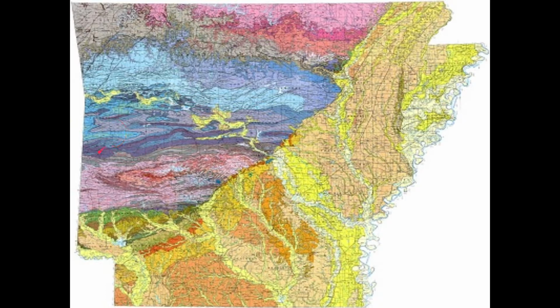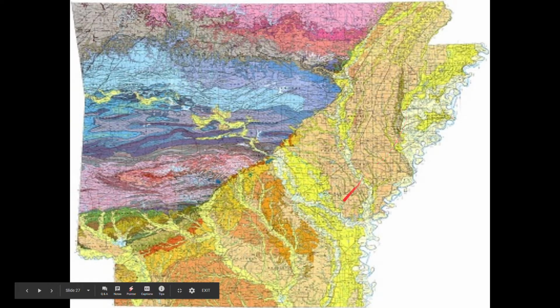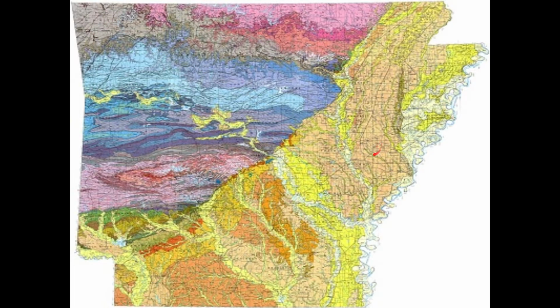And you get down to the Ouachitas where things are a little bit more chaotic and you get different rock formations. And you get into lowlands of Arkansas where the Mississippi River is, the river valley as it's called. And you get different formations, and they're much different rocks and they're much different ages. Everything up here is on the order of hundreds of millions of years old, and this stuff over here is just tens of millions of years old, if that. And you've got the Arkansas River coming through the river valley. So you've got some of these younger formations mixed in with these older rocks because that river has its own deposits. Anyway,